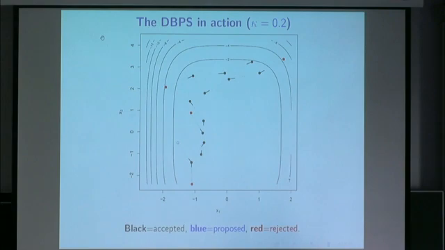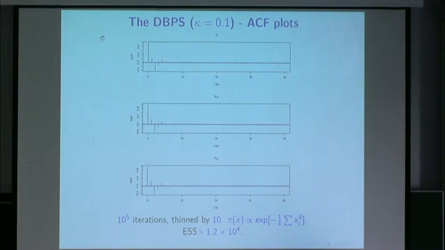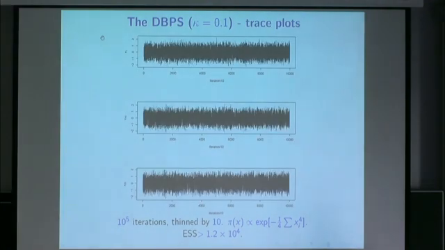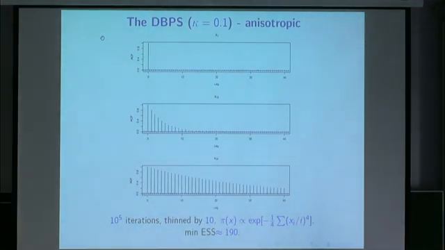Oh, a bit more. Oh, yeah, so we rejected that, but we've gone off in that direction. Okay. Oh, is it going to stop? Yes. So the ACF plots look as good. Effective sample size isn't quite as good as in the previous, the straight algorithm, but you can actually believe it because the trace plots are a lot better. Okay.